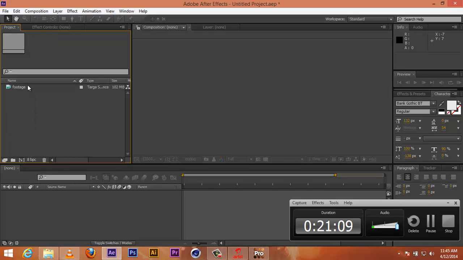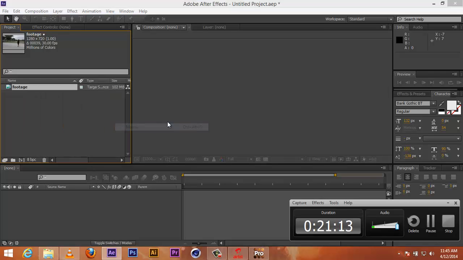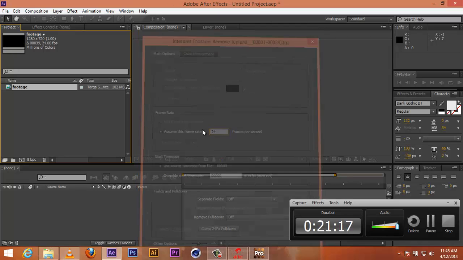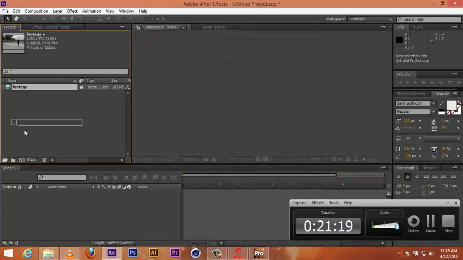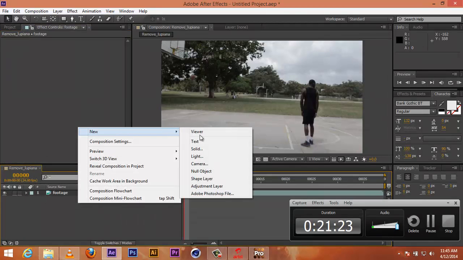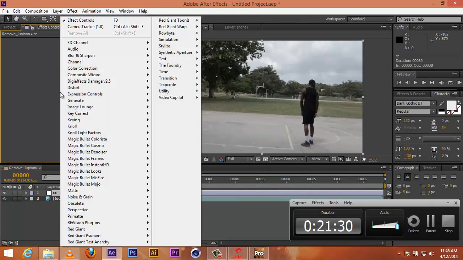But before that, sorry, you right click, you go to interpret footage main, and then you interpret the frame rate, which I'm going to write 24. Click OK, and drop it to a new composition. And I'm going to create a new adjustment layer, and rename it to CC, which is color correction, and right click, go to